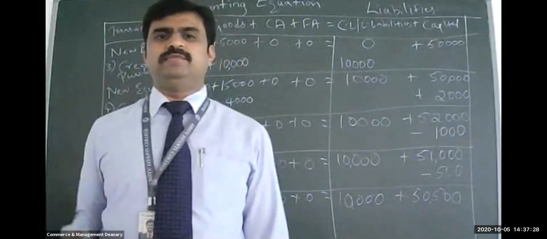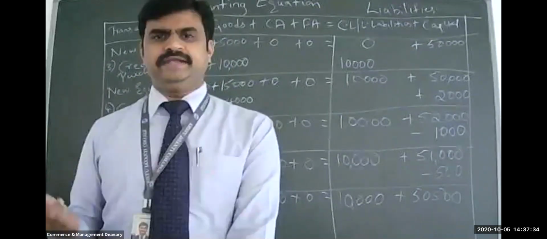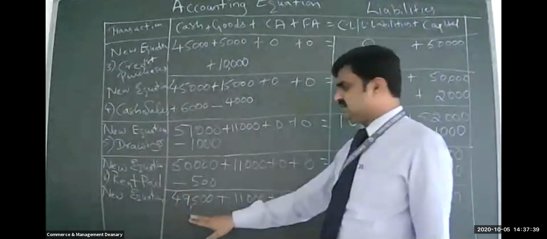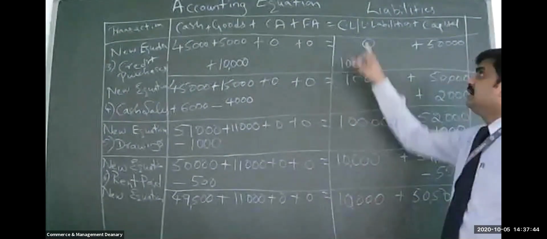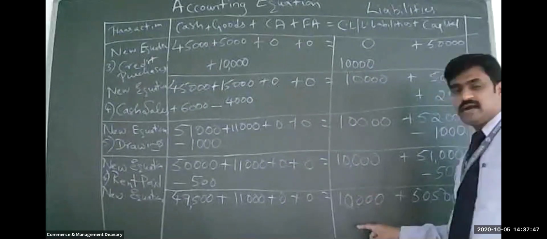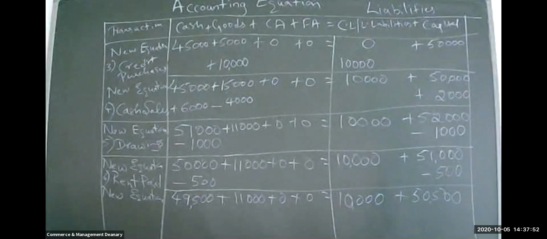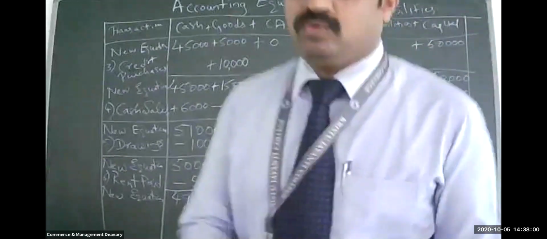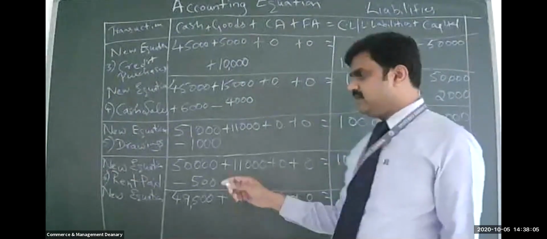So any outstanding liability is your current liability. It can be outstanding wages, outstanding salary, outstanding rent. Any outstanding item, you are not paying any cash, so cash is not going out. So don't add anything on the cash. You have to add to current liability. That means you are creating a current liability. And then how do you make it equal? Deduct from capital. Very good, because your owner has to pay today or tomorrow. Owner only has to pay it because all expenses the owner has to bear. Okay, write down now the 7th one.